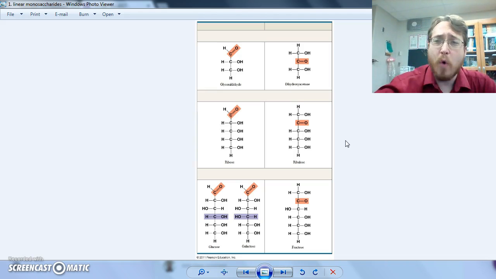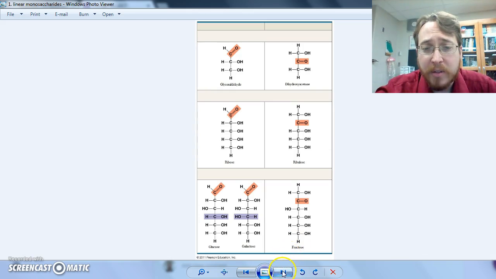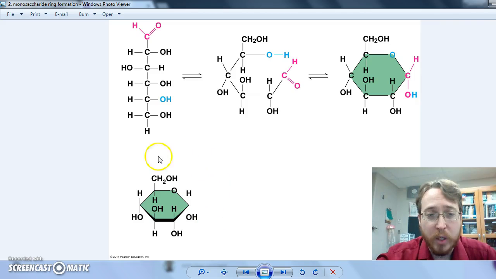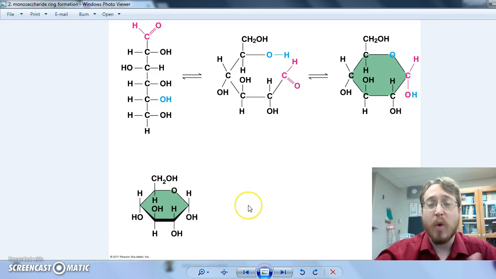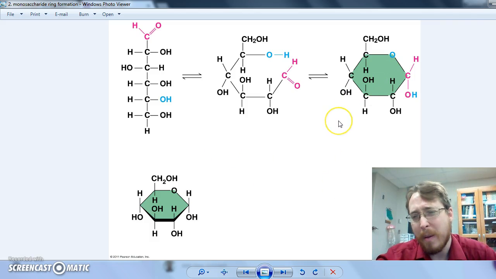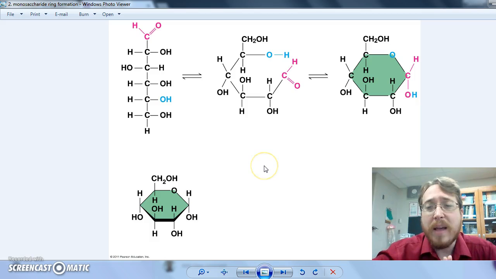Monosaccharides can come in 2 forms. All of these are in their linear form, where the carbons make a chain. But it turns out they can also be found in a ringed form, which is illustrated here. So every single monosaccharide can find itself in a ring form. Well, I don't know, maybe the really short ones, like the 2 carbon and 3 carbon ones can't, but most of them can. And so when they switch forms between their linear form and their ring form, they go through